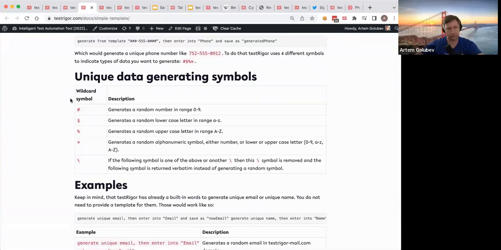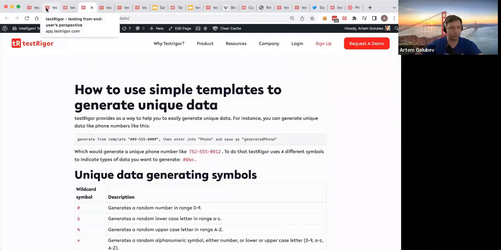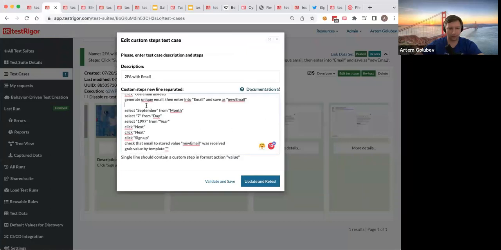Simple templates is just those symbols to support either digits or lowercase or uppercase letters, or any of the above. And that's it. It's just very simple. That's why it's called simple template. And let me just paste it as an example. And our template was 6 digits. There's nothing else, just 6 digits. So this hashtag means a digit. And we store it as a code, and then we can switch back